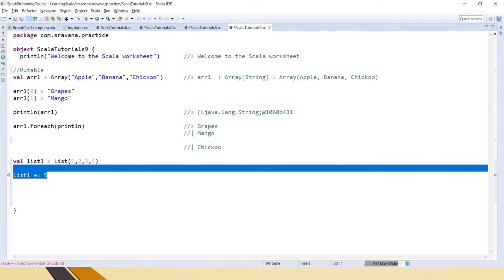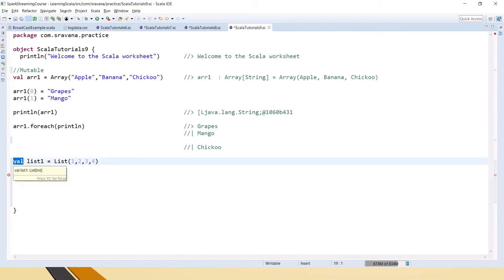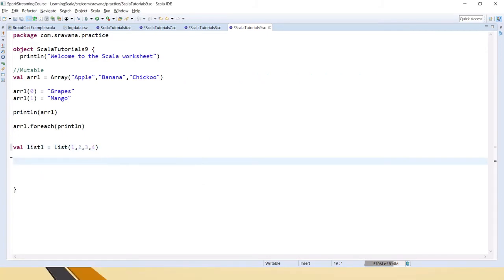Okay, and if you are using var here instead of val, then you can use it for reassigning the values. And if you take sets and maps, they both have mutable and immutable implementations. So now let's create two sets to see with an example.